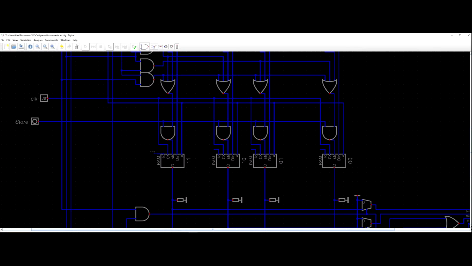Control C, Control V, and 90. Or 0. I think it's 0. Control C, Control V. Oof. Okay, so when the load signal is true,